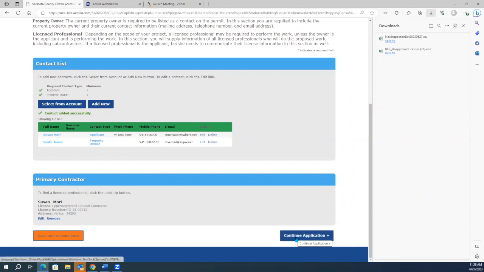And I don't know if you've noticed, but every page that I pass during this process, it does give me the ability to save and resume later. So if you didn't know some information, you got interrupted and you needed to stop, you could certainly save and resume later. The system would give you a temporary number and you would see it in your list and you could always go back to start it over. You would have that ability for many, many days. So we're going to go ahead and continue.